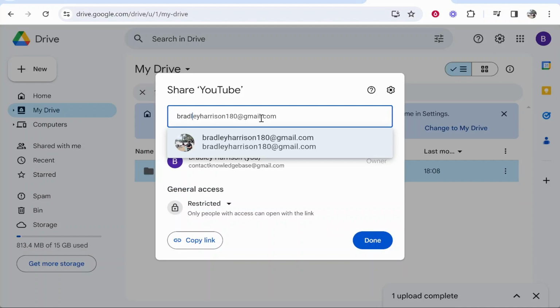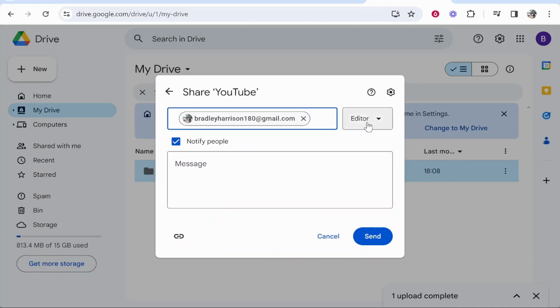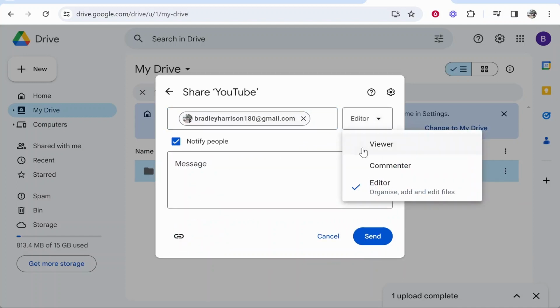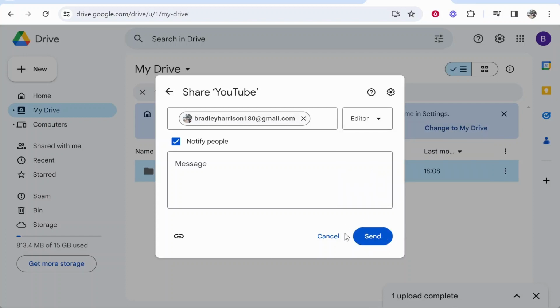So maybe I want to invite myself on another email. We can then invite myself as an editor, a commenter, or a viewer. If you invite people as an editor, just make sure you trust them because they are going to be able to edit and organize the files. And then I can go ahead and send, and that will send myself or whoever's in this email box here an email invitation that they can join,